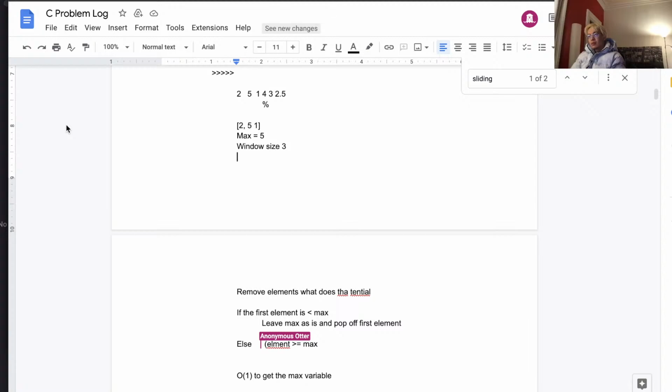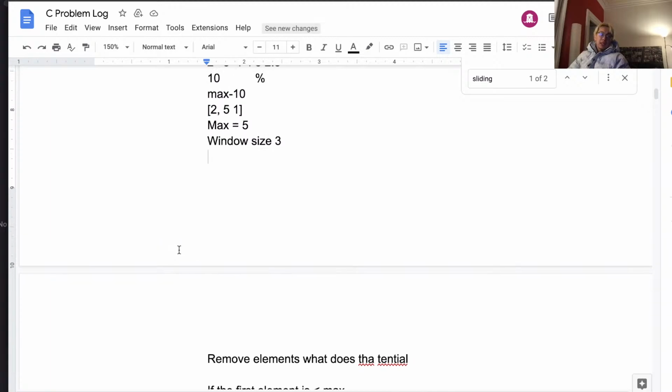Otherwise, if the first element, just for the sake of example, was 10, and max was 10 here, what would happen then? If the element is greater than max, what do you do here now?